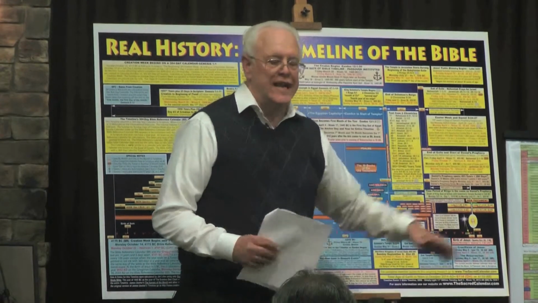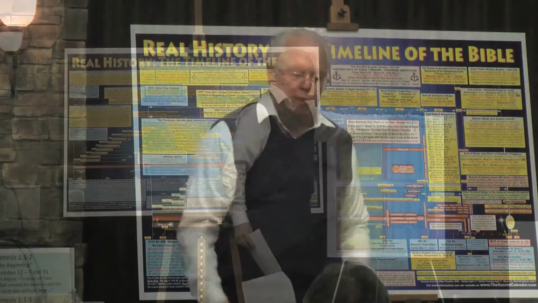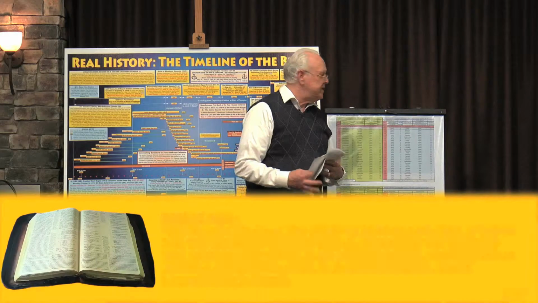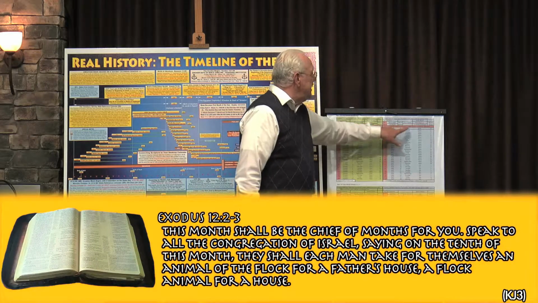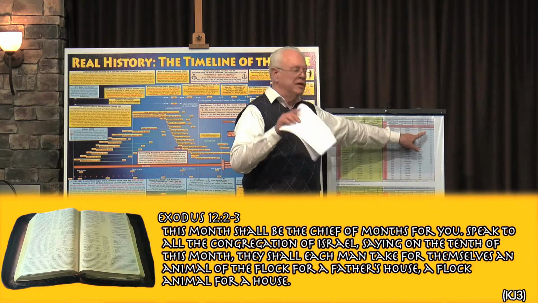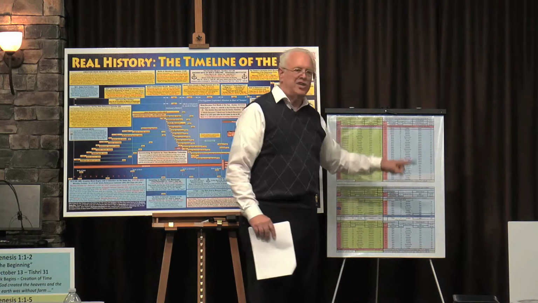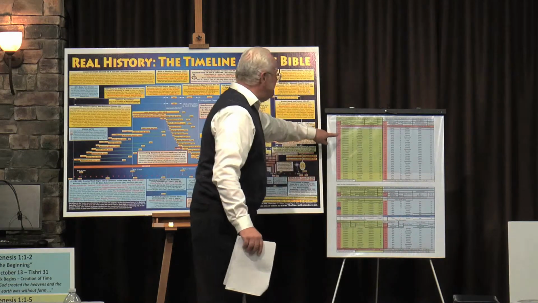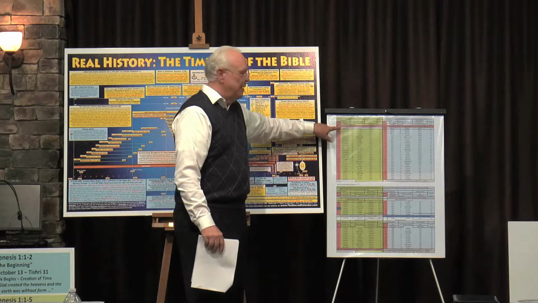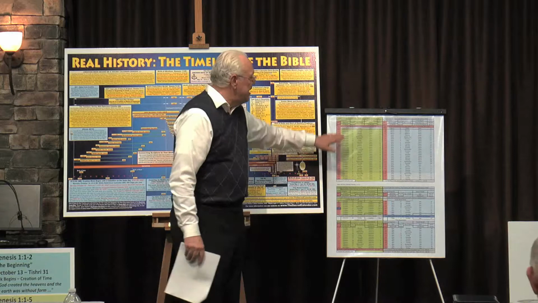They're both identical calendars, but think of it like taking a deck of cards and cutting them in half. They're in the same order, just the first one is now different. When we get to the Exodus, God says to Moses, okay, I want you to take Nisan 10 and make that the first day of the first month. So now Nisan becomes the first month, and Tishri becomes the 7th. On this calendar, Tishri is the first month, and Nisan is the 7th. With me? Okay. But let's stay on this calendar for now.